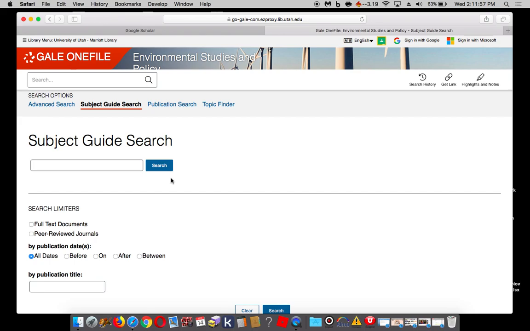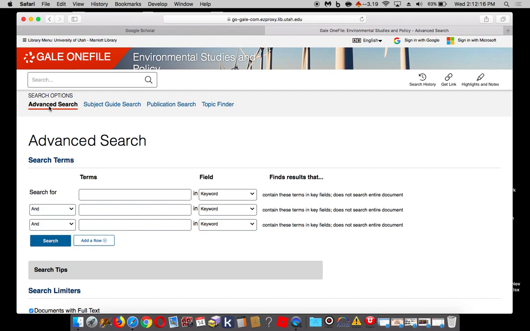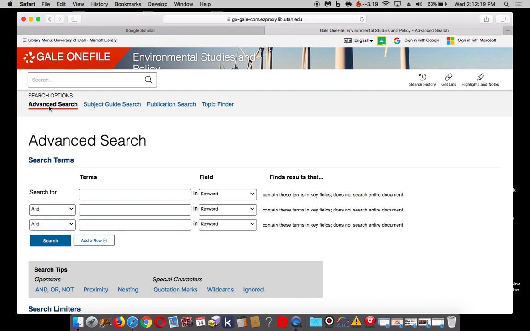So this is a weird database. It's a little different because you're going to want to search the subject guide, which is weirdly the default search, instead of this little search box here. Instead of either of those, I'm going to ask that you search using the advanced search this time. So let's look at